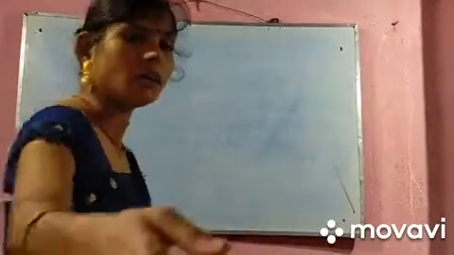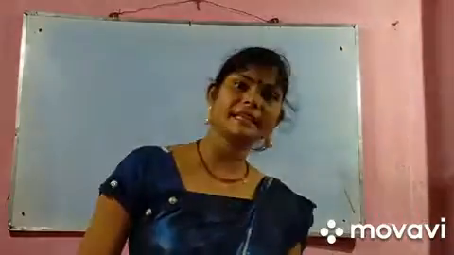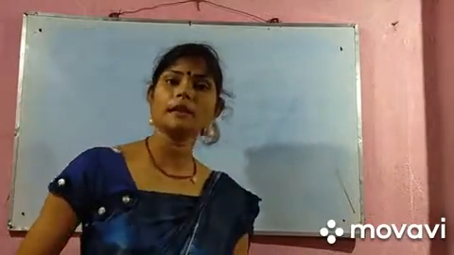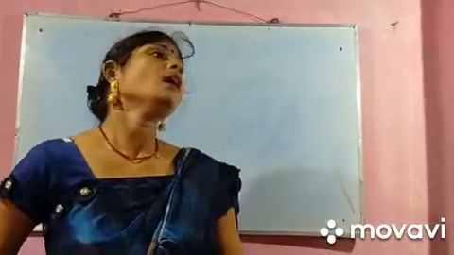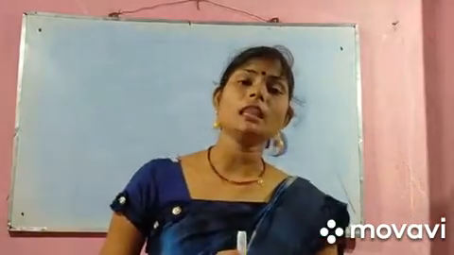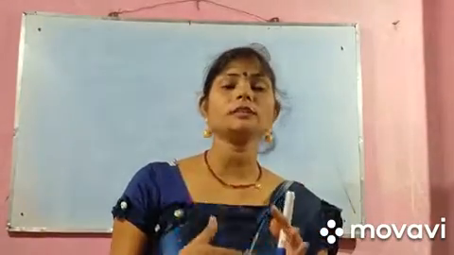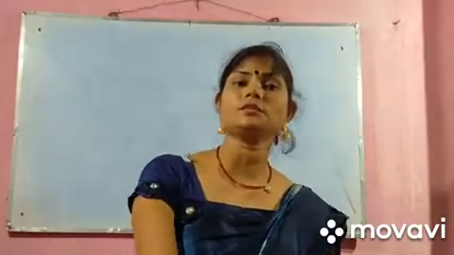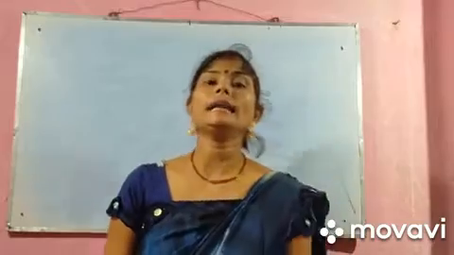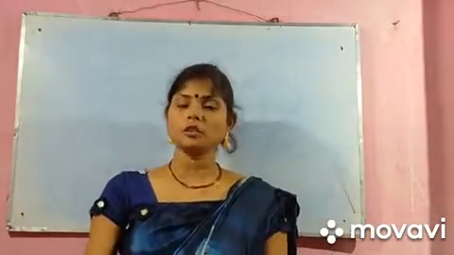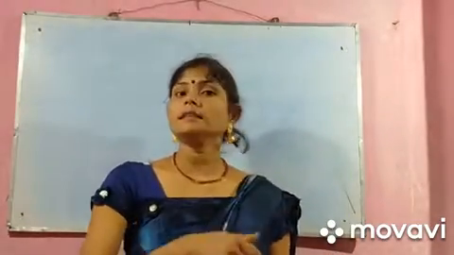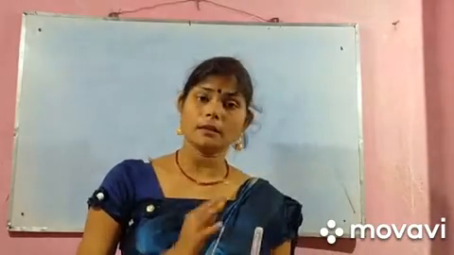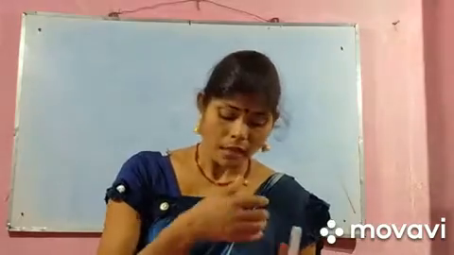This was about the heart. Here you got two words, oxygenated and deoxygenated. Oxygenated blood means the blood in which oxygen is present. This oxygen is mixed in the lungs. So when the oxygen mixes with the blood in the lungs, then this blood through the aorta is transferred to the different parts of the body, and in the different parts of the body, the cells and tissues absorb the oxygen.